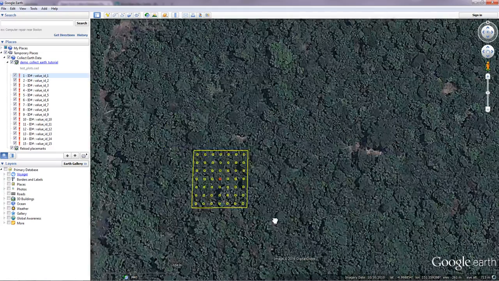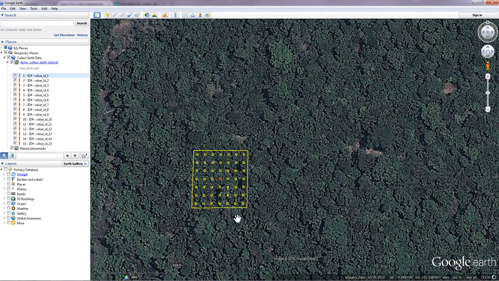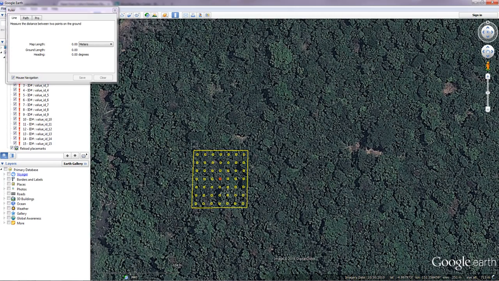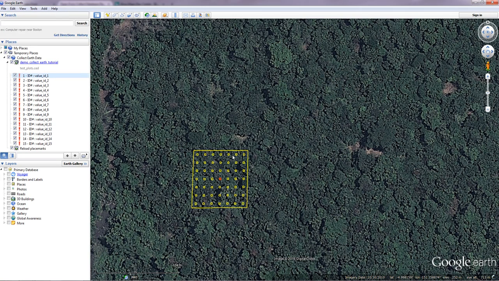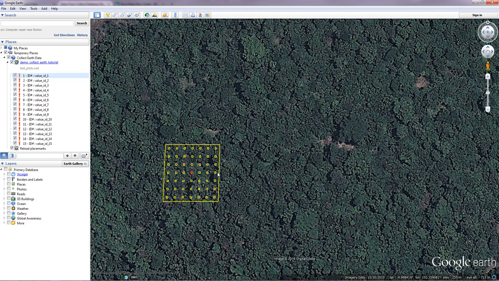You see that now the design of the plot is what we said before, which is half a hectare. We can check here. So half a hectare should be 70 by 70 meters. So yes, this is 70 meters. This is the ruler feature of Google Earth. And there are 49 dots and one dot in the middle, the red one. Okay, if I click on the plot,